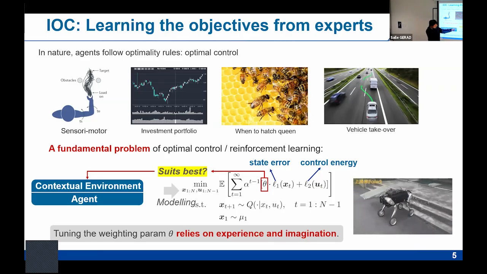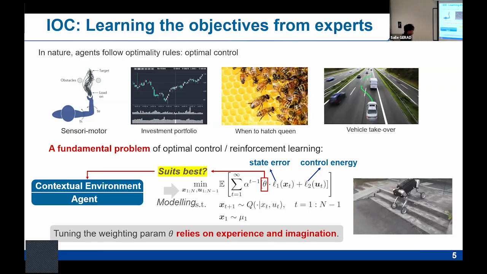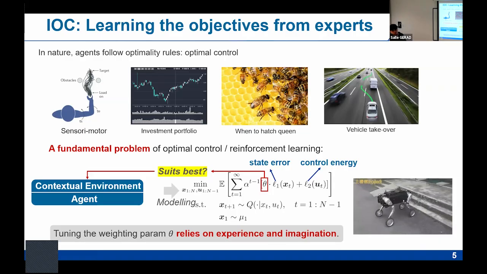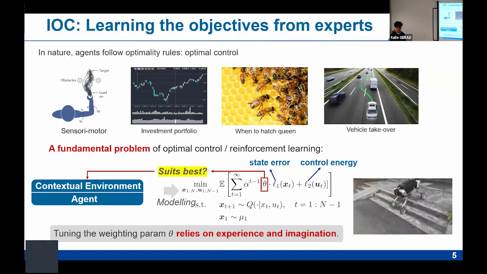So this is one of the robots that we designed by reinforcement learning. You can see that although it behaves quite well in most of the places, you have to tune the reward function very carefully. This is the consequence if you fail to do that, and then we have to fix the robot a lot. But anyway, tuning is such a weighting parameter theta in the objective function.